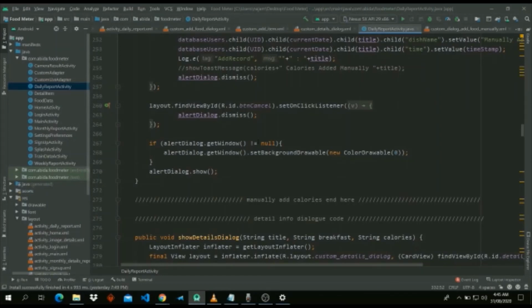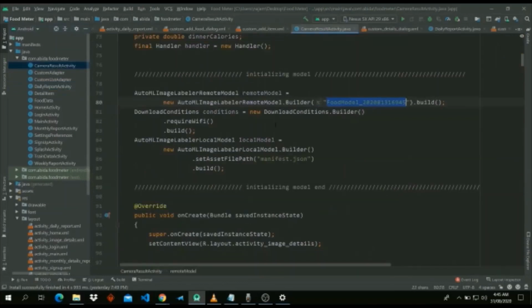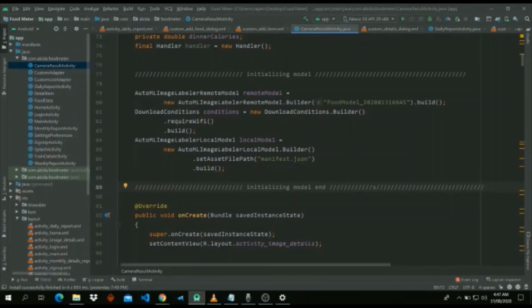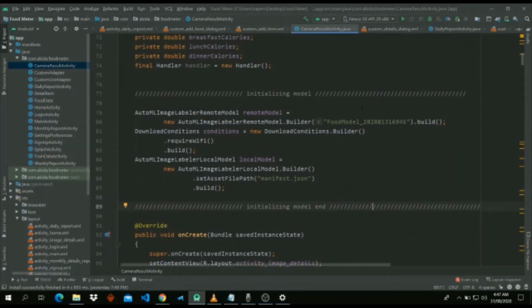And if you are choosing to take a picture from camera or to choose from gallery, then we will render to the camera result activity. In camera result activity, we have called our model. This is our cloud model, and this is the local model which will be installed on your device.